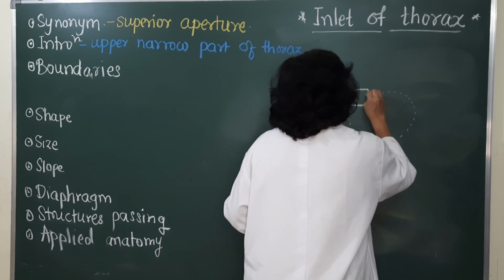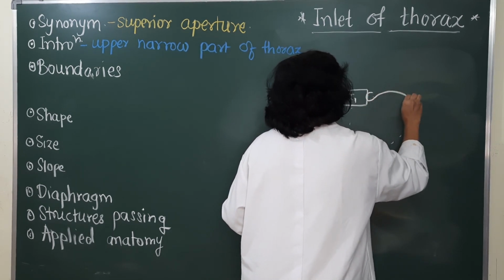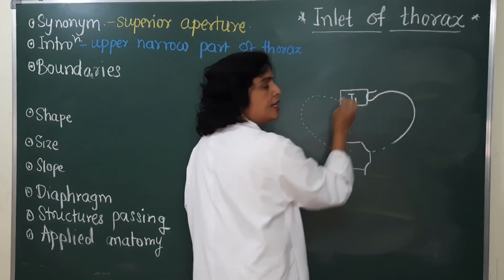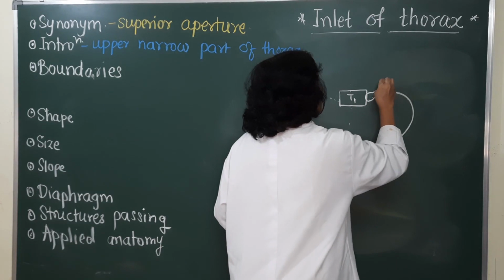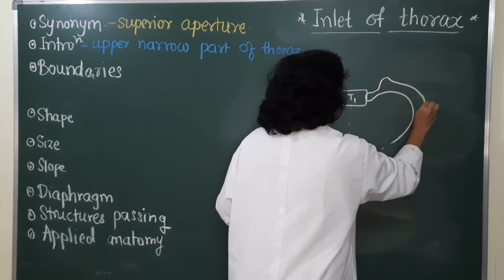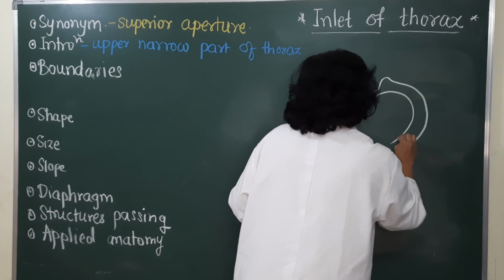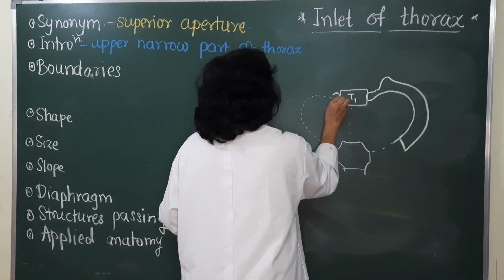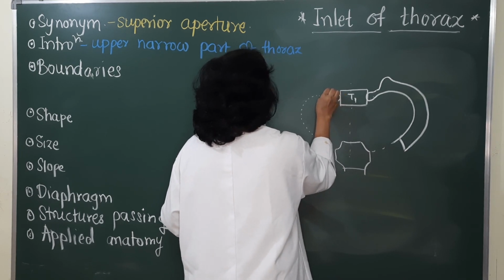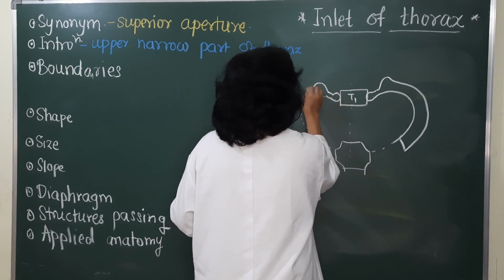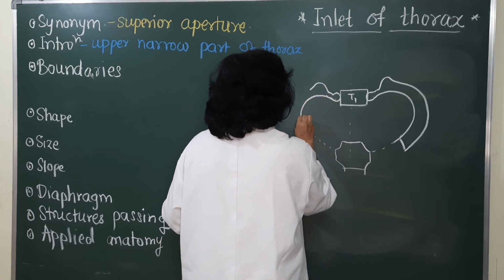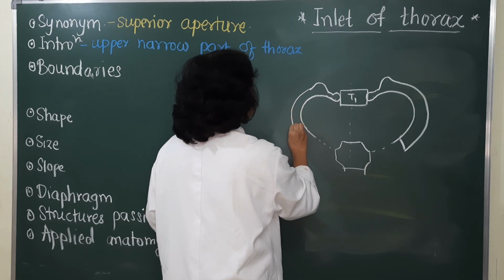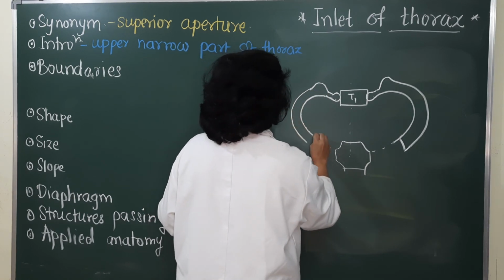Suppose if I draw here, this will be the first rib. This is the first rib that I am drawing: the head of the first rib, the neck, the posterior tubercle, and the body of the first rib. On the other side also we'll draw now. So your head, your neck, here you will get the tubercle, and here will be the shaft of this first rib.